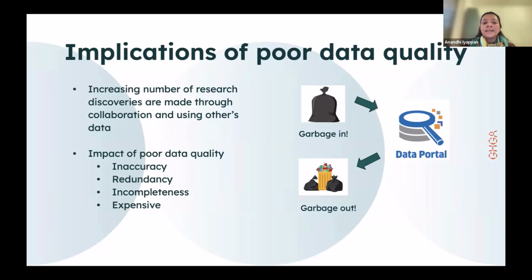It is quite obvious that with the amount of research that's going on these days, there's also a lot of data that is being produced. So in order to do quick research, it can so happen that many data portals upload data in a way that is very messy and not so accurate. The obvious outcome is that garbage into the data portal will be garbage out of the data portal. This is basically making us go in circles, and it's not going to help us progress in the research that we are conducting. So it is very important to understand the implications of having poor quality. Only that will help us see the ways in which we can improve the quality of data.